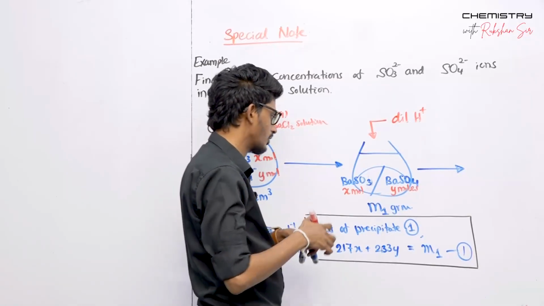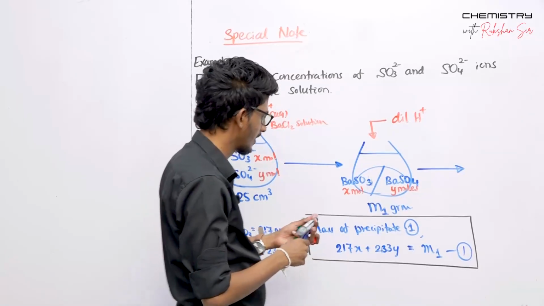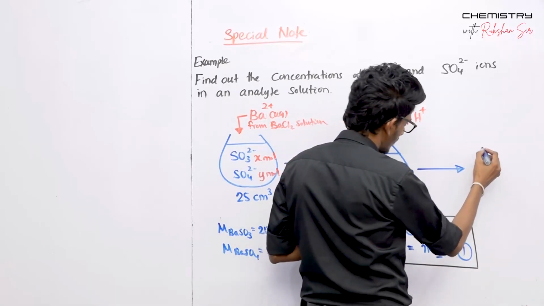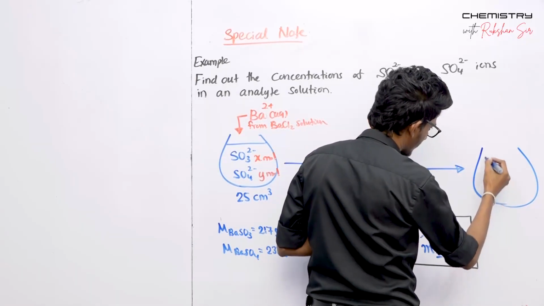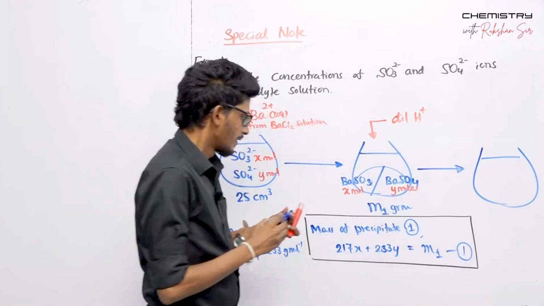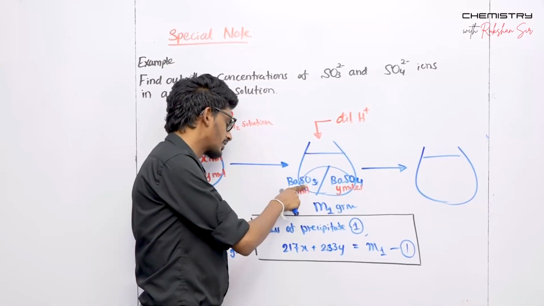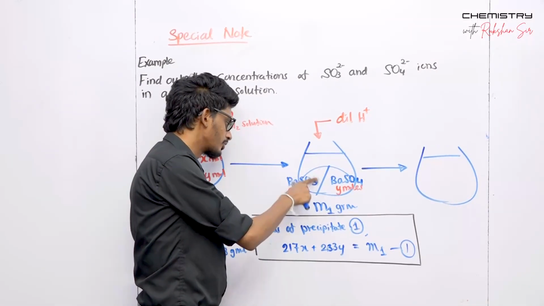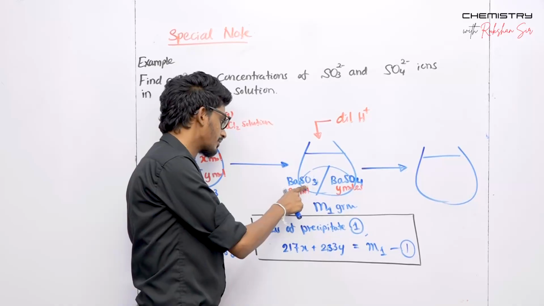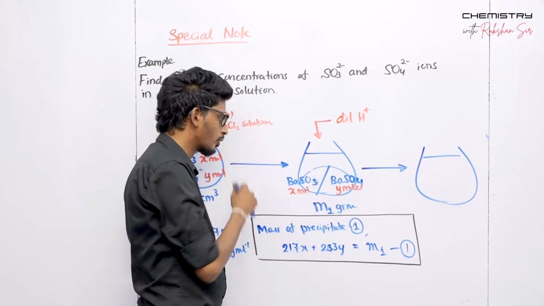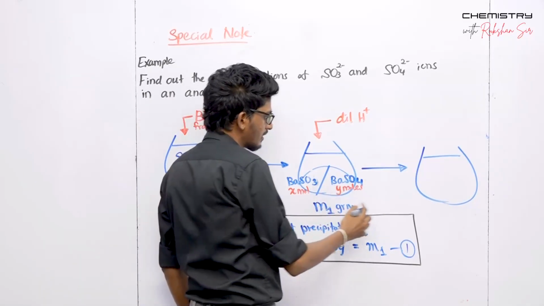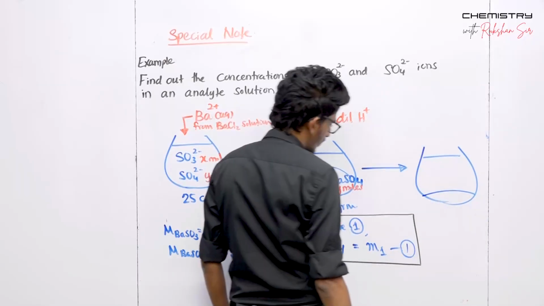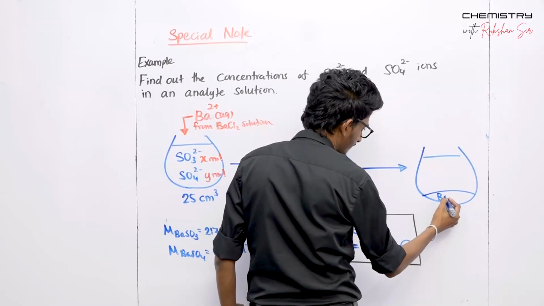In the form of HCl or HNO3, you can add some dilute H plus. So what will happen then? So if you are to add dilute H plus, barium sulfite will dissolve, as it is not with a strong acid anion. As barium sulfite is not with a strong acid anion, it will dissolve, while the barium sulfate will stand. So only the barium sulfate will stand,